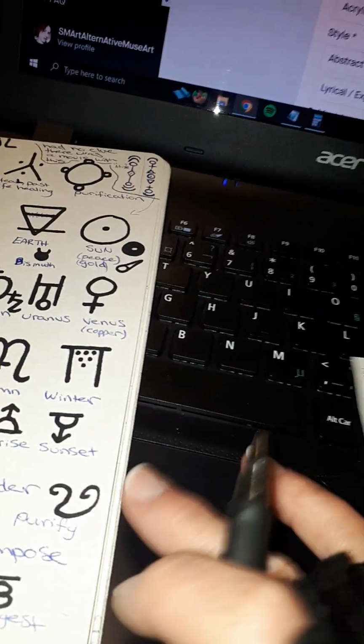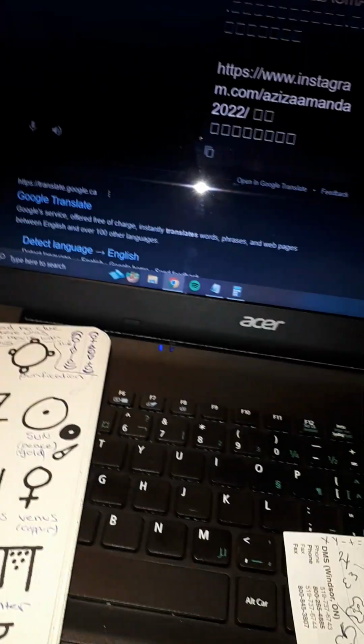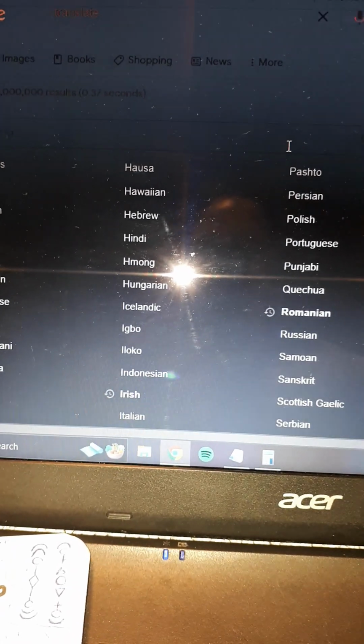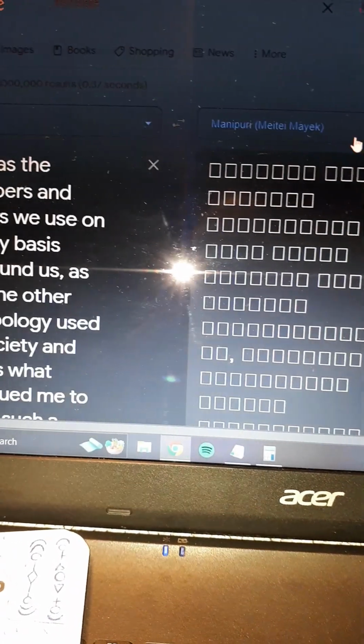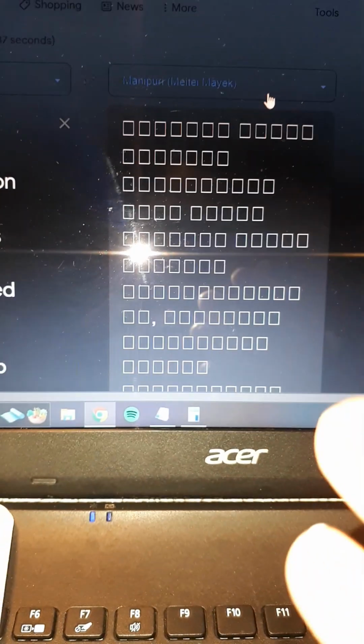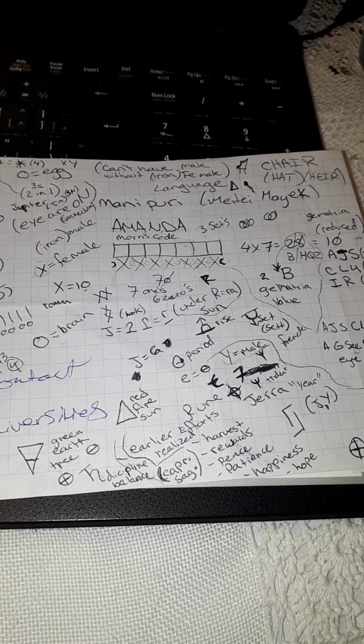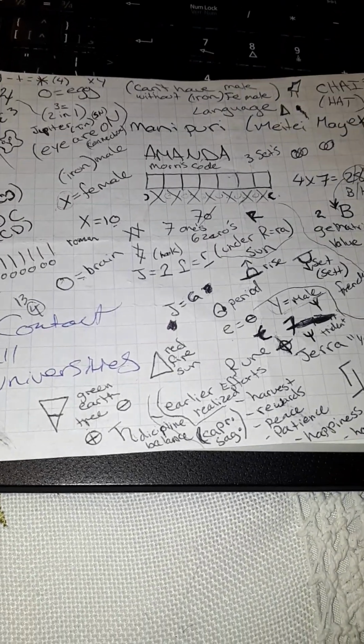I'm not too familiar with this. It is an option they give you for translating. This is what it looks like when it's translated. And they have many other languages you can translate to. But yes. So I go from doing my work to getting a bunch of whatever. Putting together some puzzle pieces, I guess.